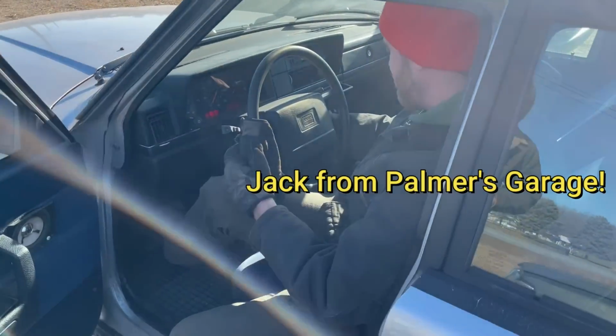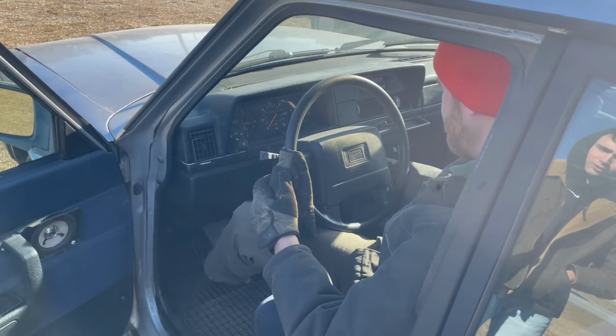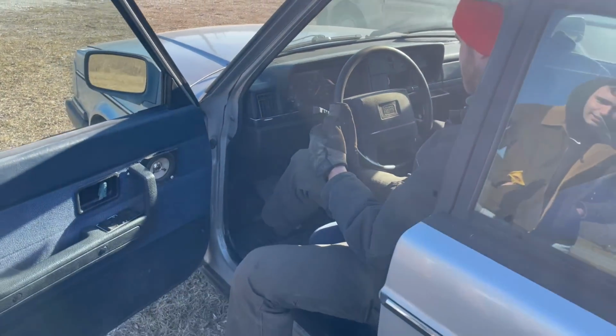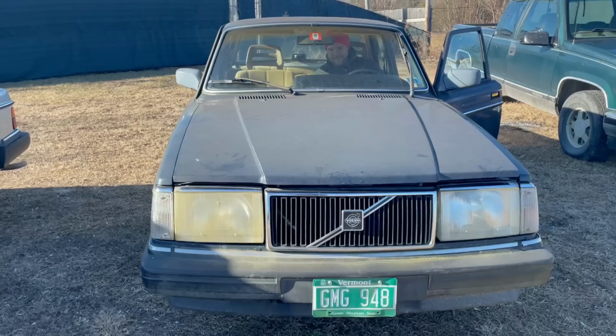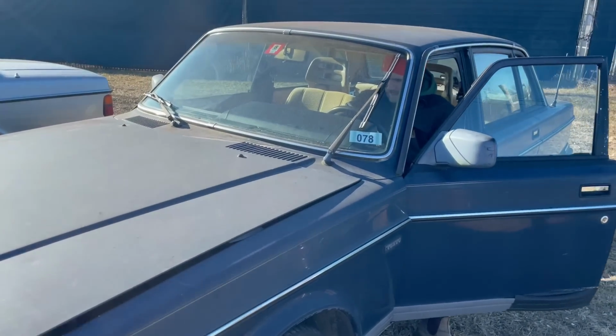All right, he's gonna try to fire it up. It's a bad mamma jamma. Only 108,000. That's beautiful. So here's another one. This one needs a little bit of plastic work down low, but